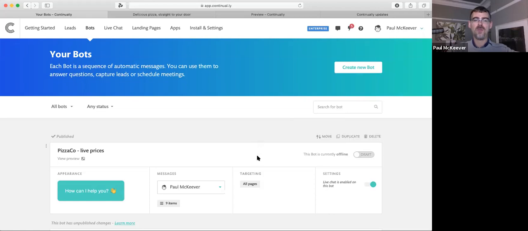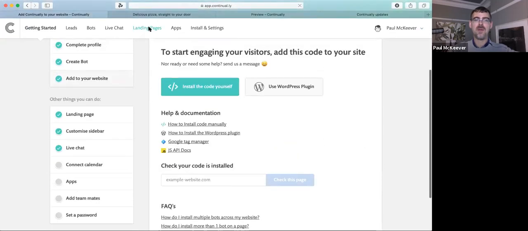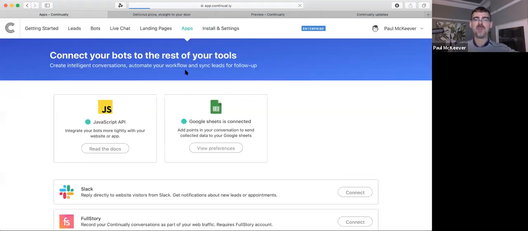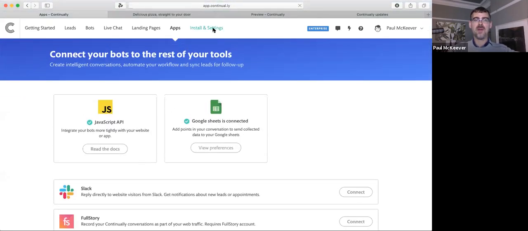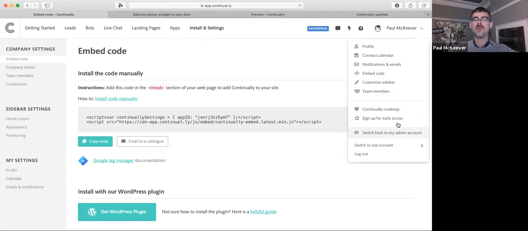And then all of the bots and all of the integrations, even the embed code, is unique to that account. So here, the apps that I've connected in this sub account are different. Now, the branding is inherited from the parent account. So what I'm going to do is I'll real quick switch back to